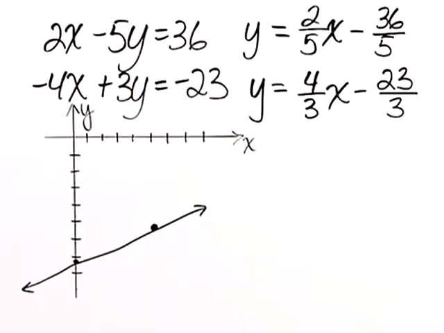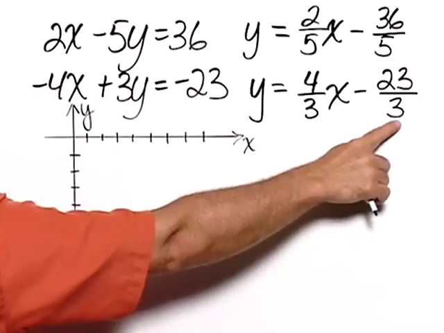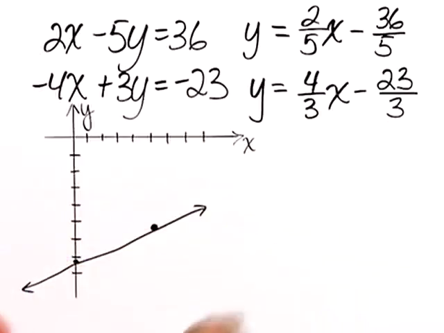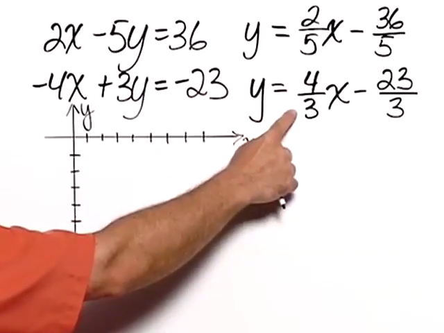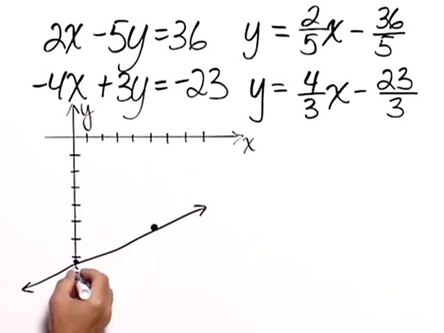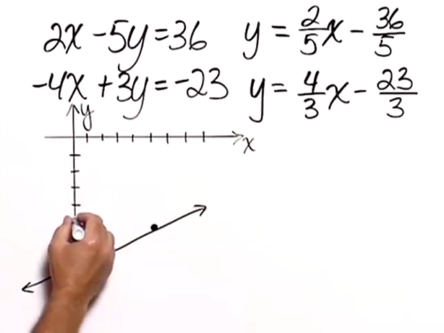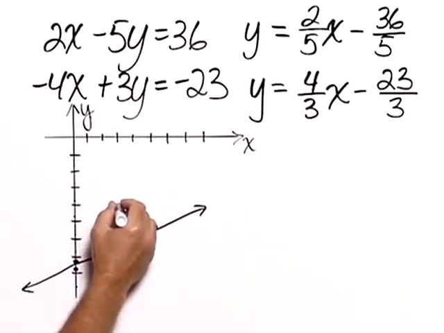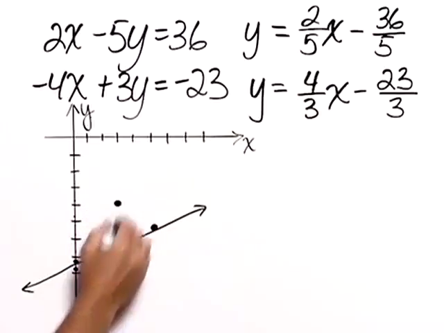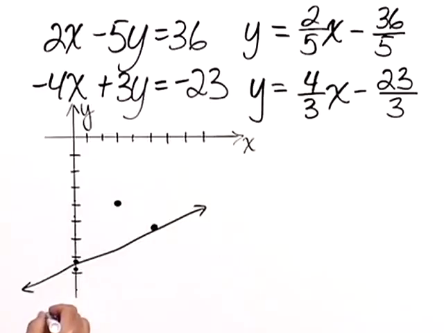Okay. Going to the second equation, we have a y-intercept of negative 23/3. If we divide the 3 into the 23, we find that as a mixed number to be equal to 7 2/3. Of course, it's negative 7 2/3, so that would be approximately there. The slope this time is rise over run, 4/3. So we would go up 4 units, 1, 2, 3, 4, and then go over 3 units to the right. Gives us our second point, and now we draw our line